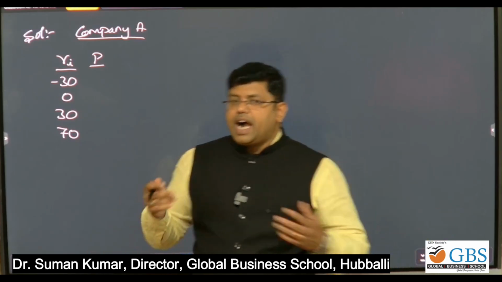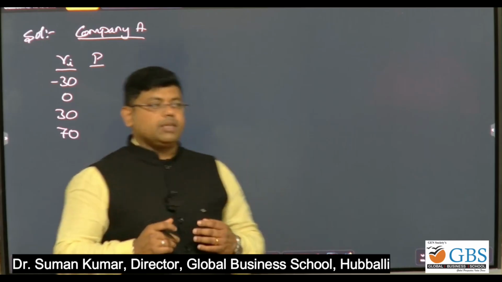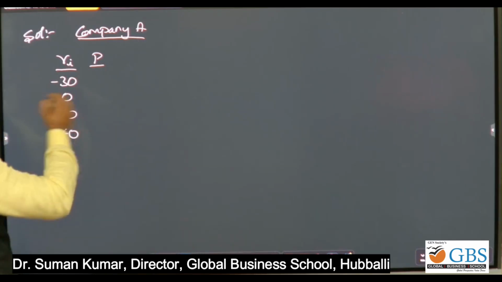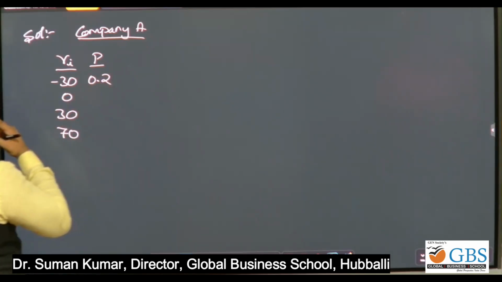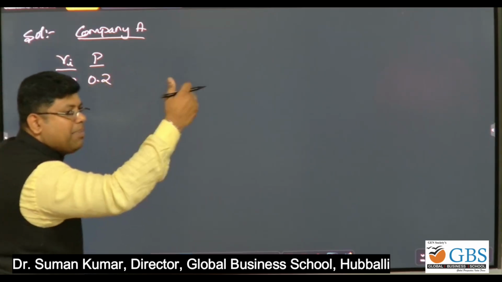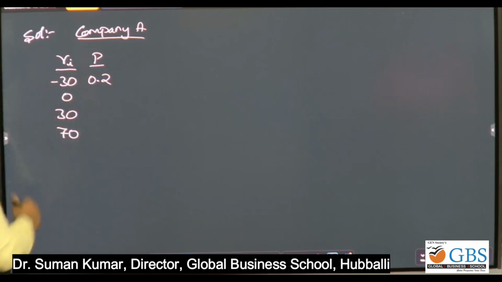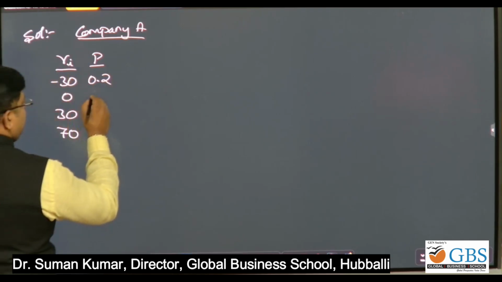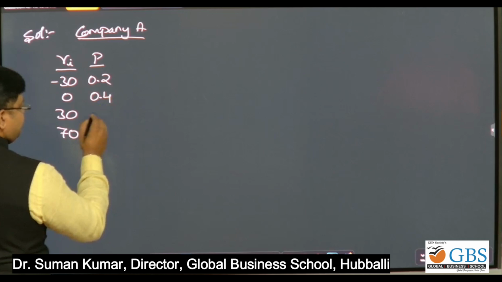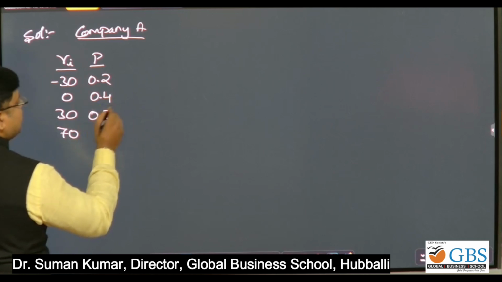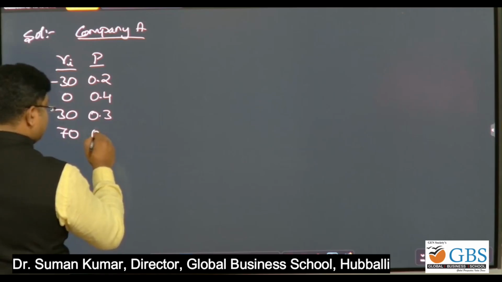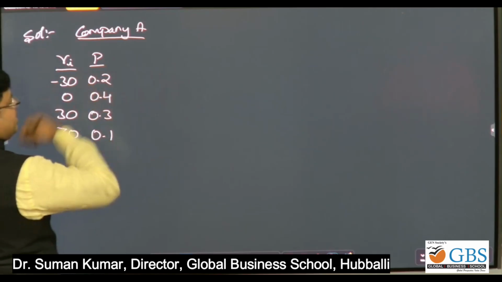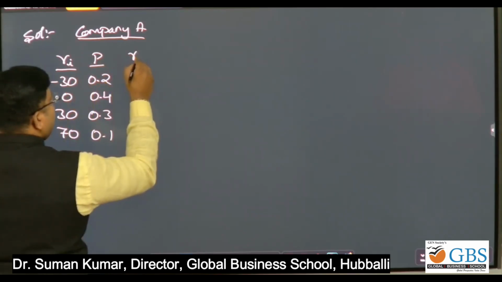Okay. But I am converting probability into decimal as they are given in percentage. So what is the percentage given? 20%. I can write down 0.2. 20% means 20 by 100, that is 0.2. Next, 0.4, that is 40%. 0.3 because 30%. 0.1, that is 10%. So the rest is same as previously, and here I'm writing now Ri into P,